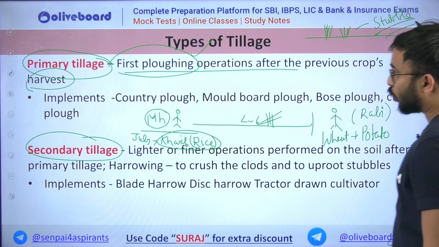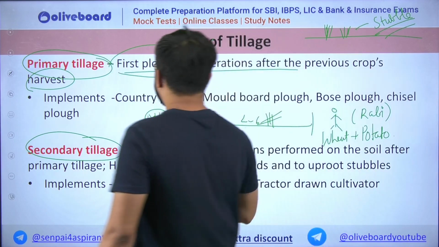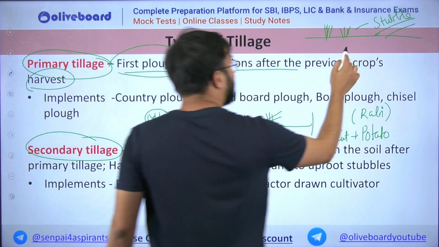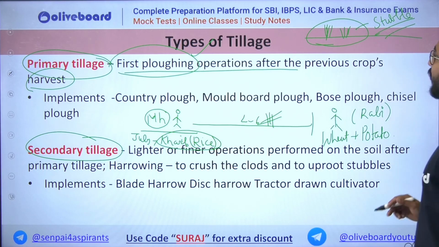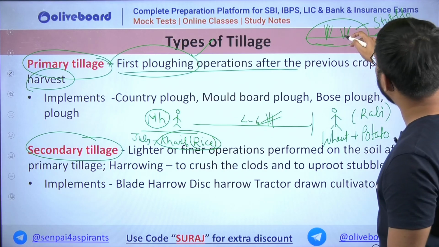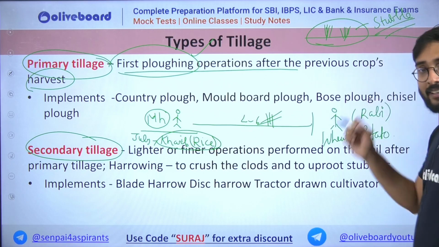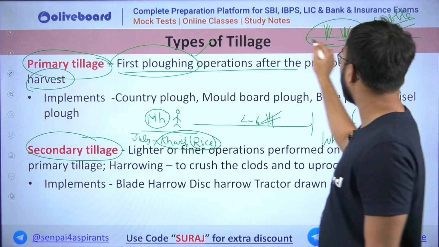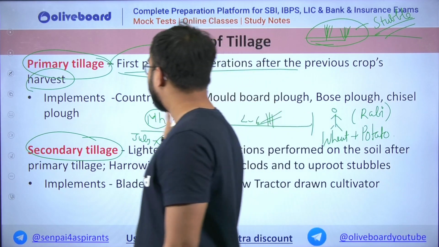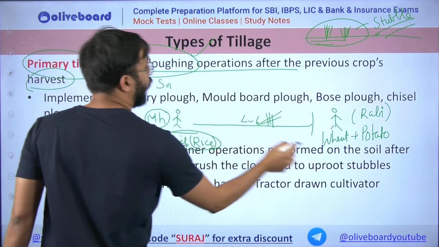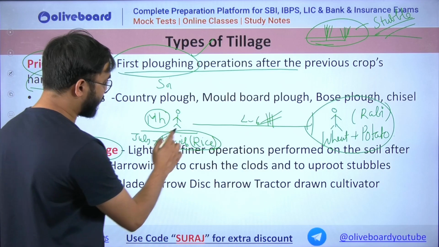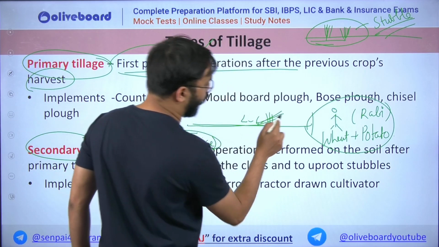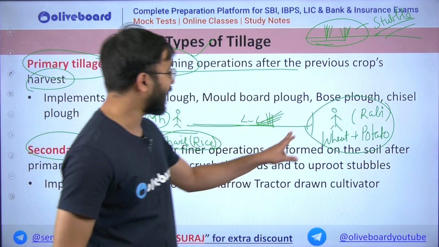Okay, so the primary tillage is nothing but the next field preparation or soil preparation activity which starts from removing of the stubble, then breaking down of upper soil material or hard pan, breaking down and preparation of the soil for your next cropping cycle, that is Rabi cropping cycle. So suppose this example, after Kharif crops harvesting, whatever stubble has remained,